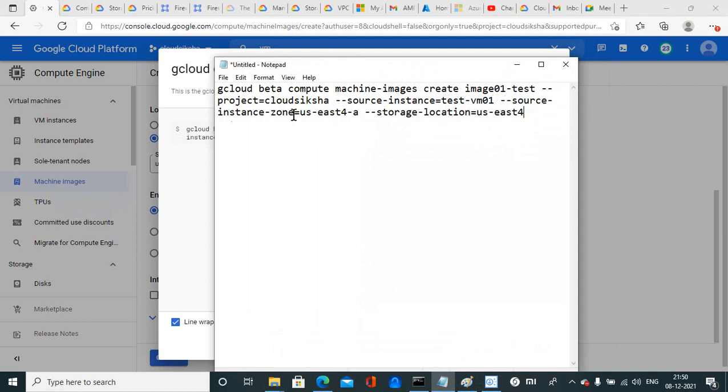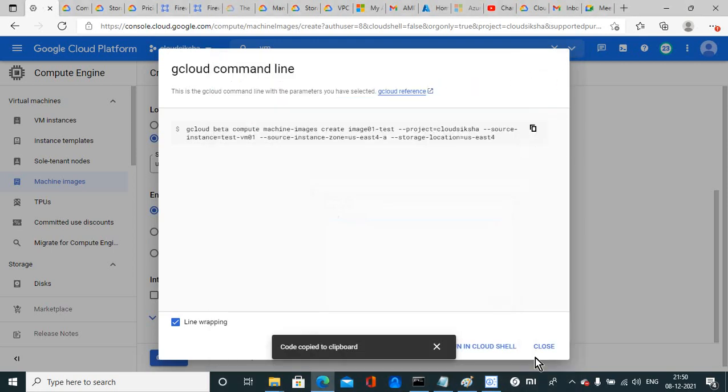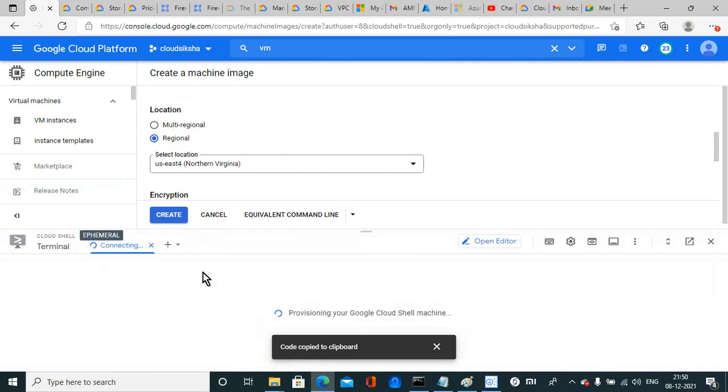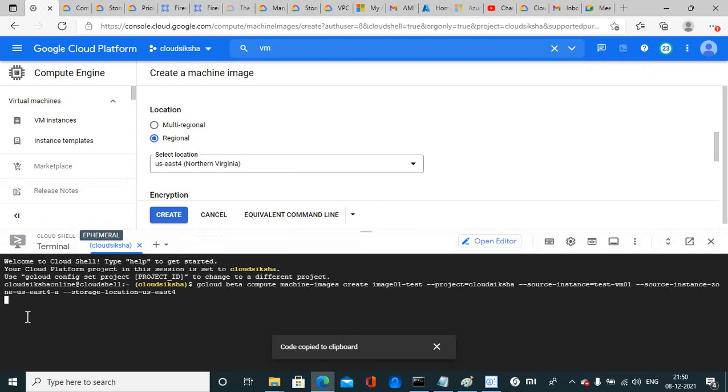So just copy this command, and using Cloud Shell I can create an image using the command line. Just paste it and you will see the result over here.